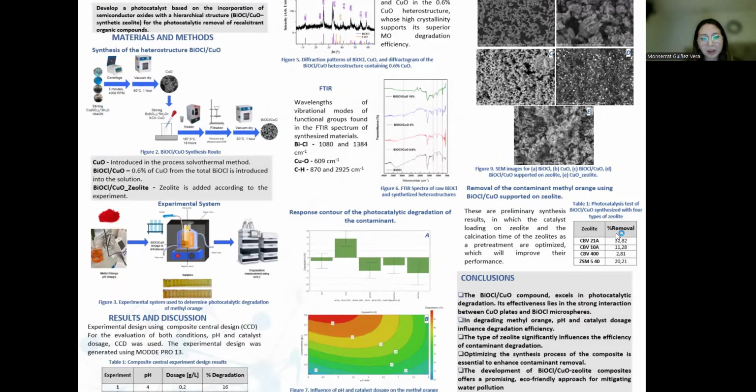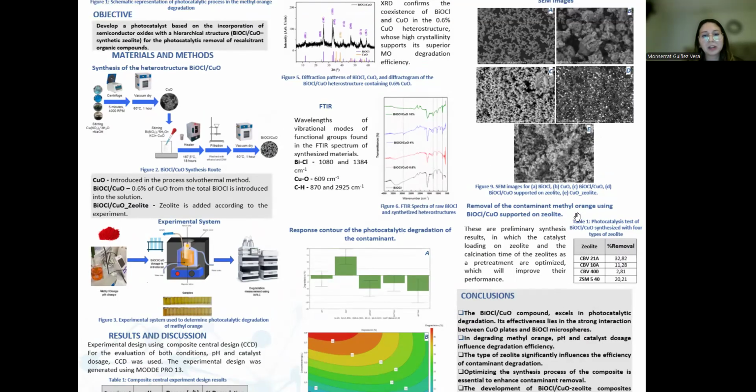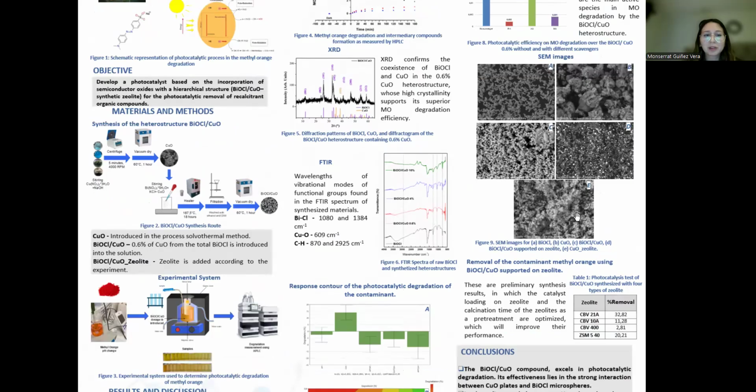CBA121 achieved 33% removal, while CBA40 reached 20%. However, and this is important, the zeolite-supported catalyst did not surpass the performance of the unsupported bismuth oxychloride doped with copper oxide in our preliminary results, as the SEM image revealed microspheres and plates well dispersed and morphology differences